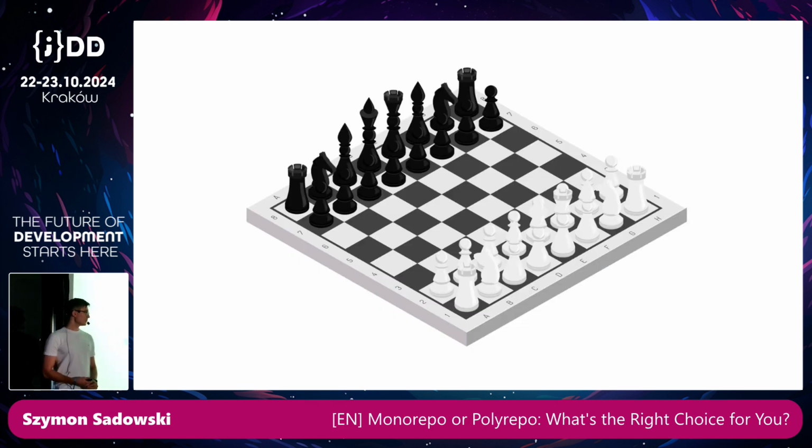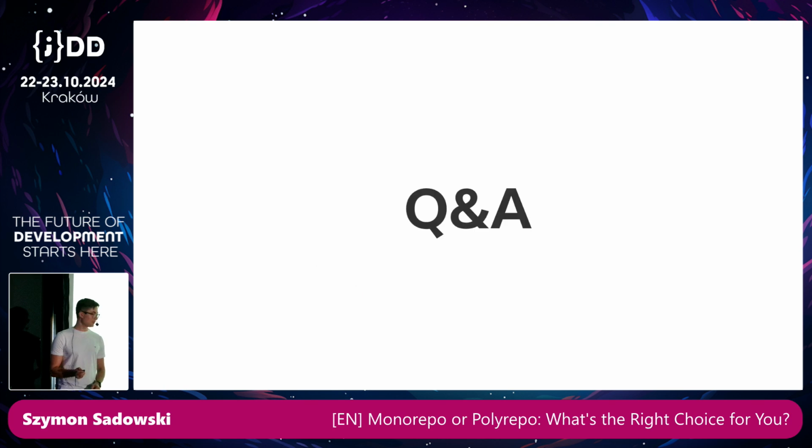All right, so as we walked through those cases, we learned a little bit more about what it takes to be like these chess grandmasters who can break the rules and gain advantage from that. So we are right now like tech giants like Google, Microsoft, Uber or other companies, and we know what it takes to make the monorepo work. So with that, thank you very much.